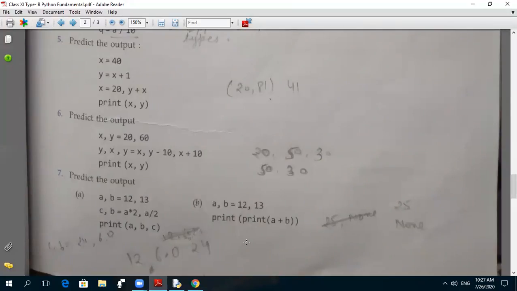Second one, you know the definition of print. The print statement is used to print the message and variable value in a separate line. One line is added again. In a separate line, it will display the value of a variable or message. But here two prints are written in the same single line. Print, and inside it is print.